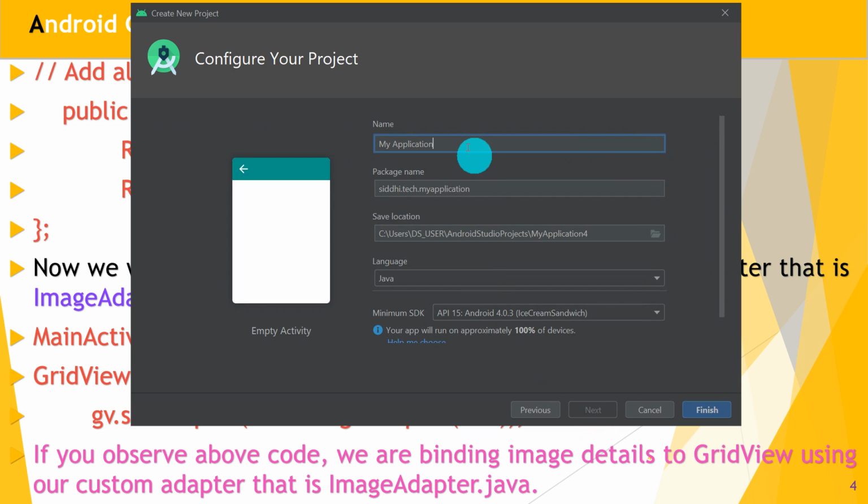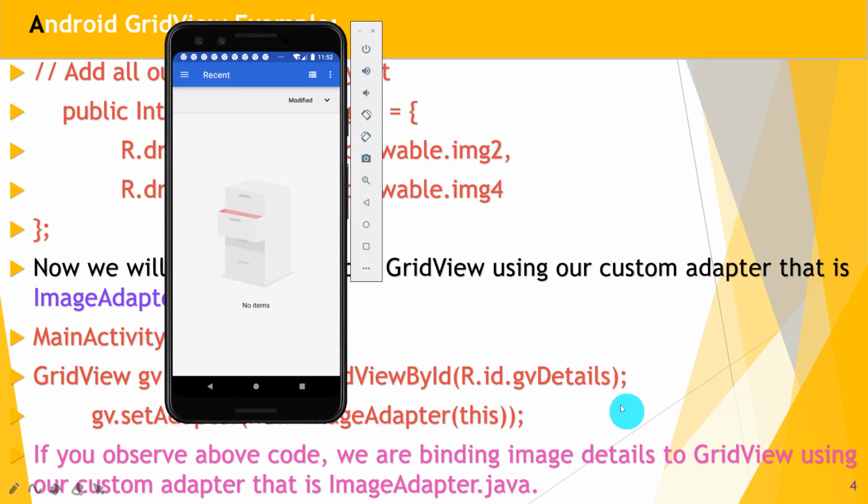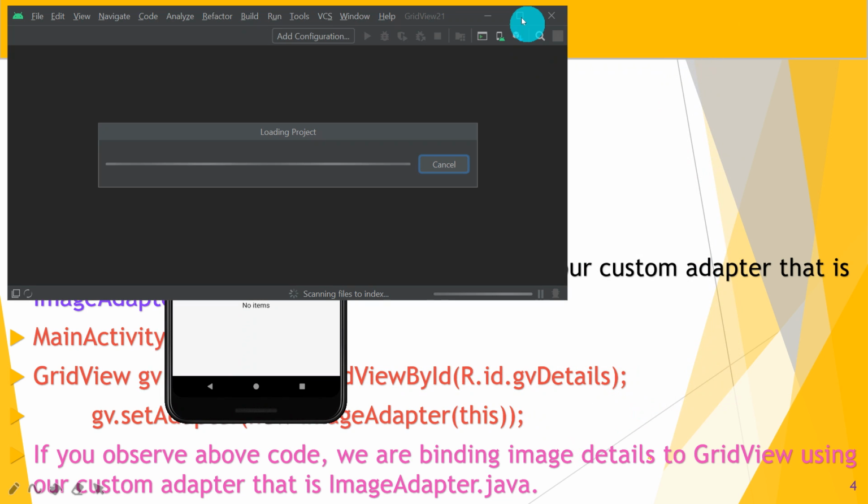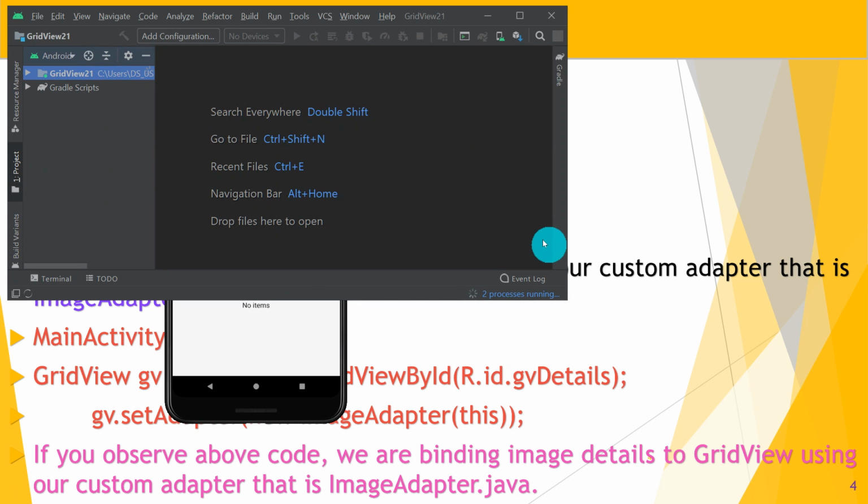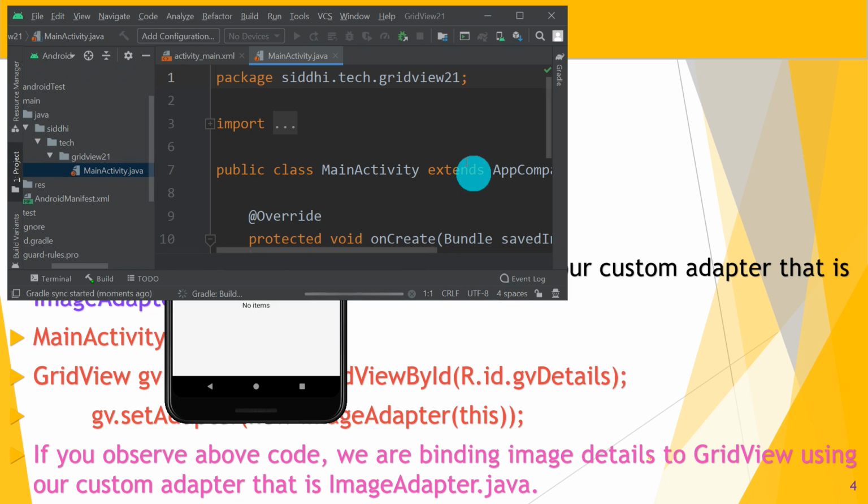Then give the name to your project. So GridView21, this is the name of my project, and click on the Finish button. Great. So now my project is loading in my Android Studio.